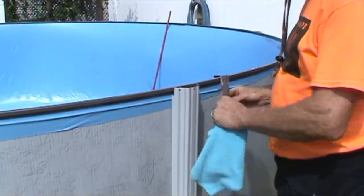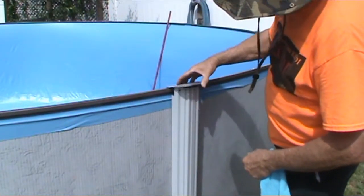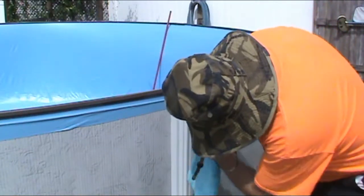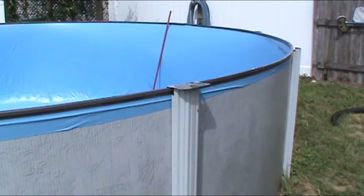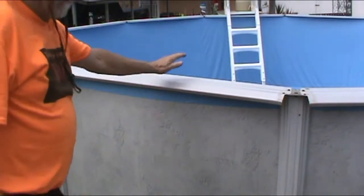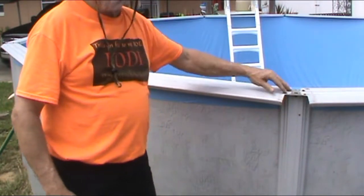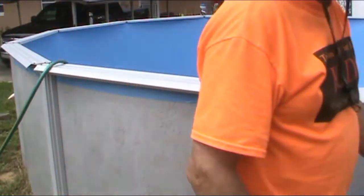We got that on. Now we're going to start putting these back on, and you just lift them like that. Put them back on there like that. And they have 3 screws in here that hold them. Now we put these back on, and all we do is lay them up here and put the 2 screws on. That's all there is to that. 2 screws in each end. And then next,